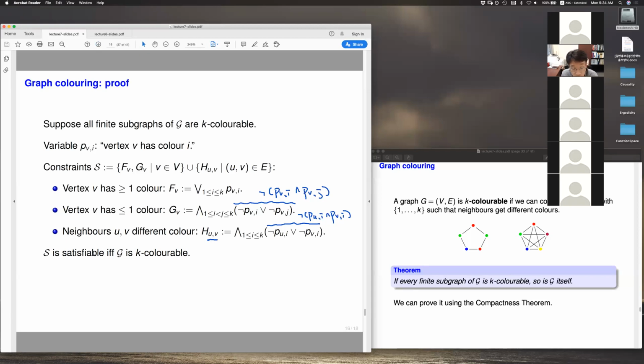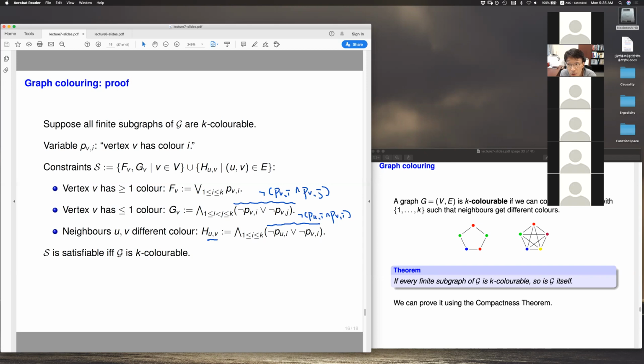Okay, so if we take this infinite set of formulas S, then this infinite set of formulas S is satisfiable by some assignment if and precisely when this infinite graph G is K-colorable. That's because from the assignments that satisfy S, we can construct a coloring for all the vertices just by looking at the propositional variable P. If you look at the satisfying assignments for S and look at what kind of value it assigns to the propositional variable P_{V,i}, that will tell us which color we should use to color all the vertices in the graph G. And for the other direction, if we have that the graph G is K-colorable, then from there,